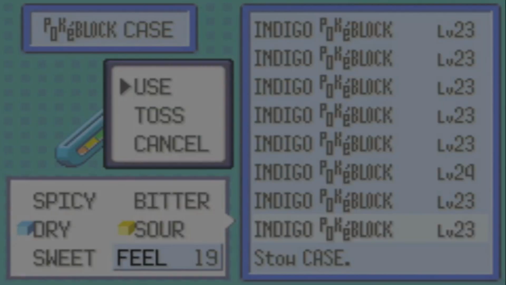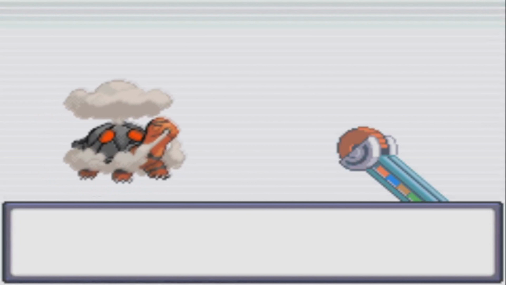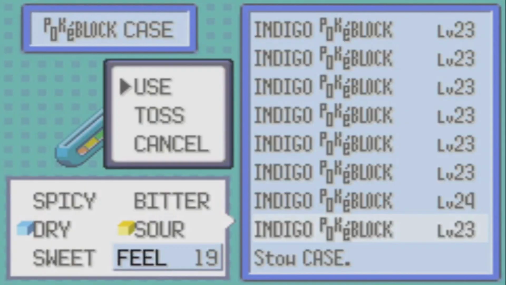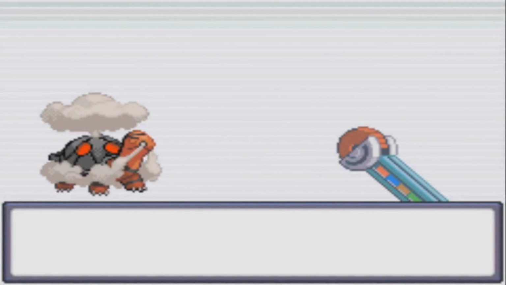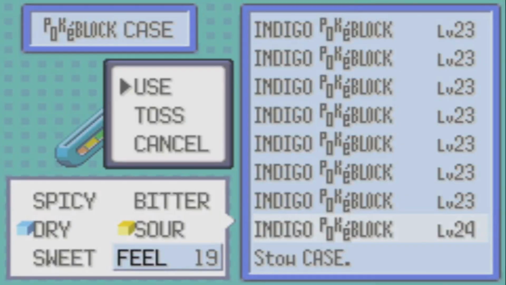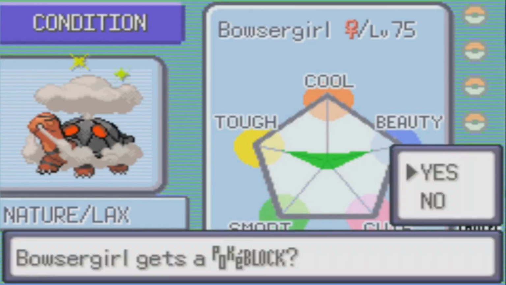So I'm going to do this a few times. Again, make sure you give the right Pokemon the right Pokeblock, because after you give them so many Pokeblocks, they won't be able to use any more. And I don't necessarily have to give her all of these. I can give her maybe around 10 of them. I forgot how many I actually gave Feebas when I evolved it and how many it needed. It didn't really need that much, honestly. See, I almost gave Iceman a...